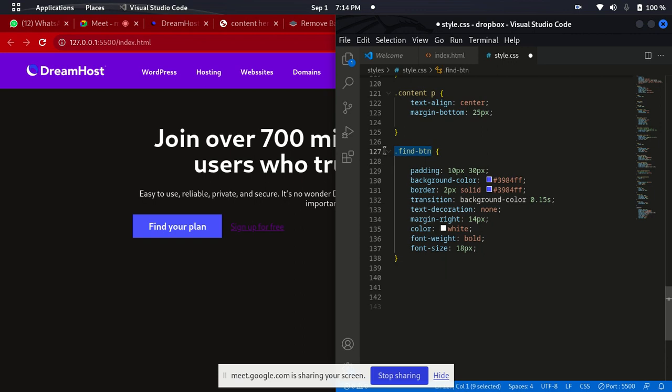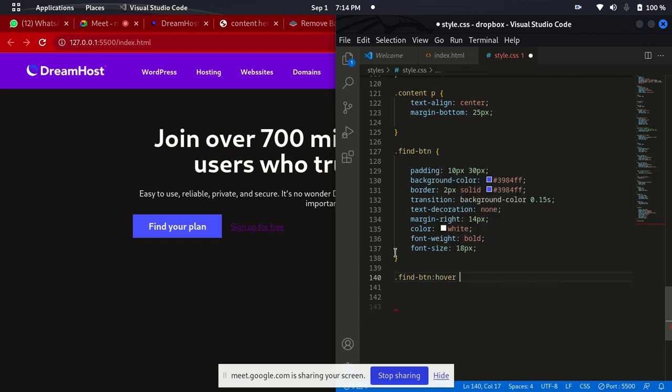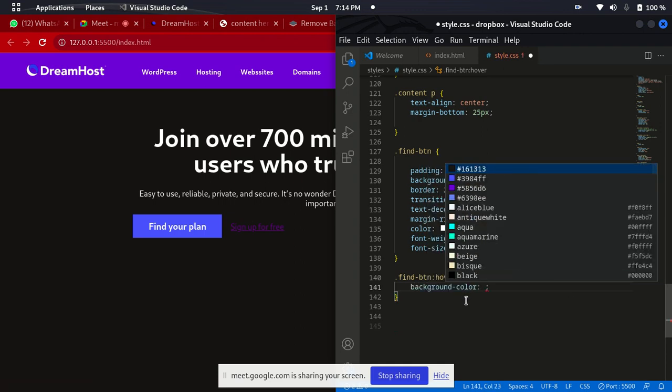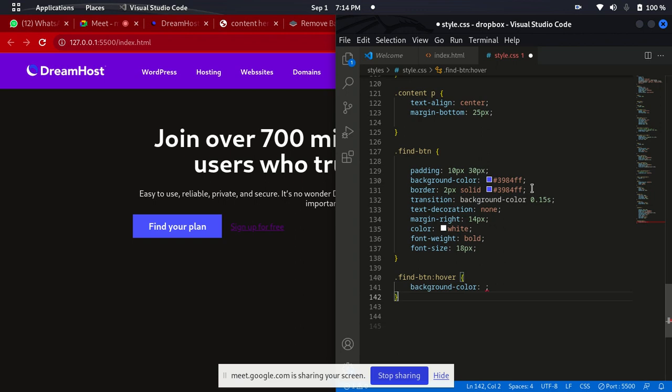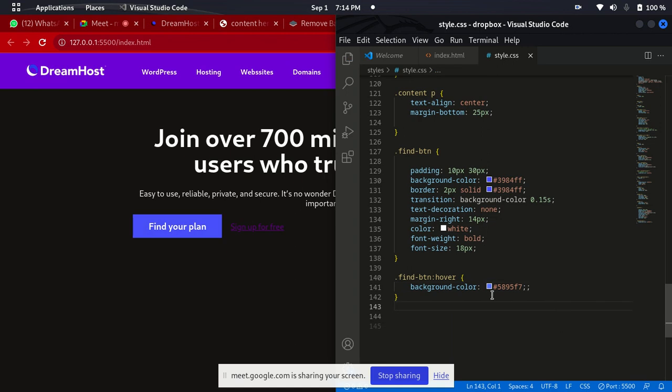For this same class, when we hover on it, what we should have is a light background color of something light. I'll select the color I want. Okay, let me just make it a little bit lighter. Okay, and see, if I hover,